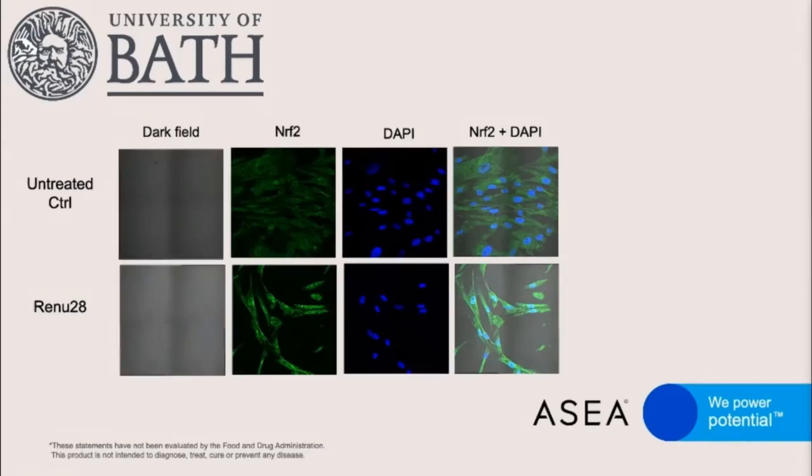Let's understand the colors now, what blue and what green mean. The pure green images show that there is NRF2 inside the cells. Everything that is green is NRF2. The blue color is just the nucleus of the cell. In the last column, there's an overlap of those two images. We overlapped green and blue and created new images with new colors because these two colors were mixed. This helps us understand where things are happening inside the cells.